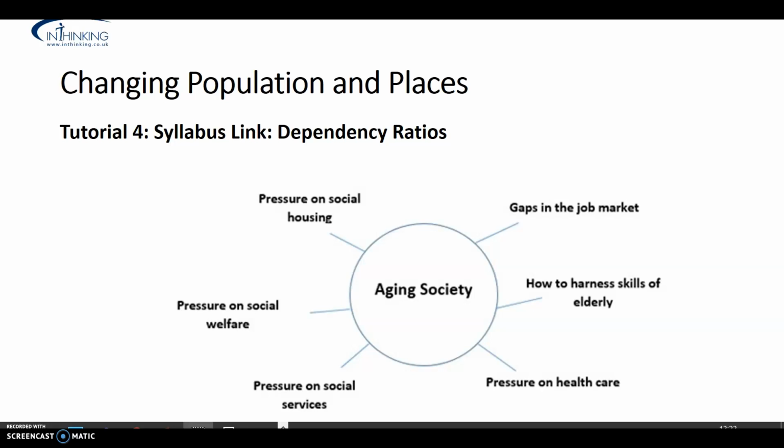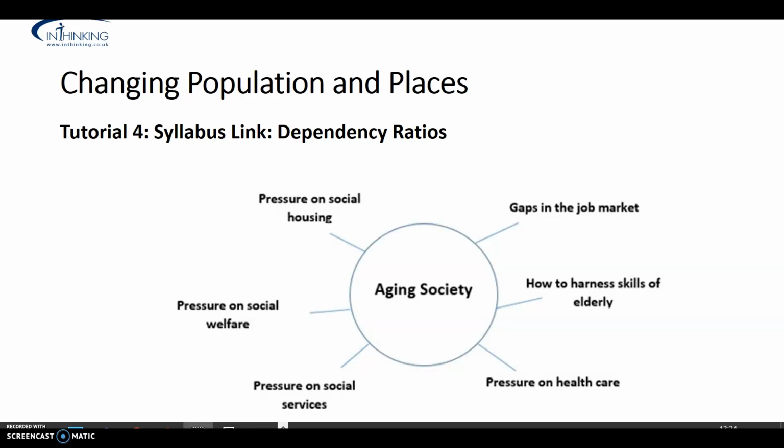The positives of this sort of society, if they can get on top of that health and educational service, then actually they have the opportunity to economically grow and prosper. And we call this the demographic dividend. The aging society, again, this has some advantages. I mean, you have a relatively wealthy group of society who have leisure time, and so they have the time and the income to spend. But that doesn't, of course, cover everybody in the elderly